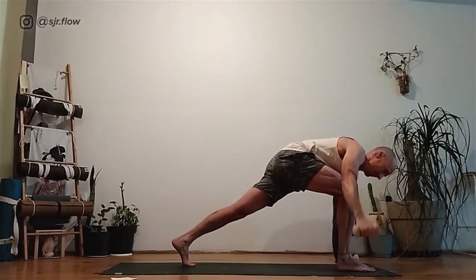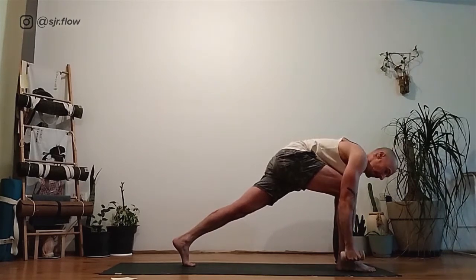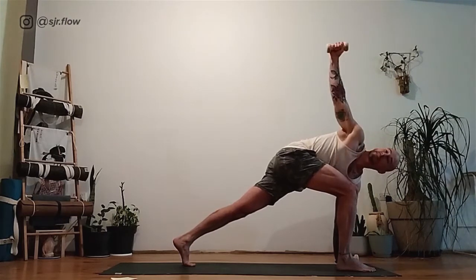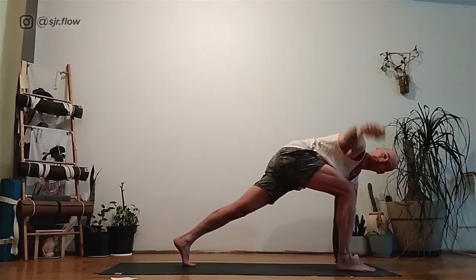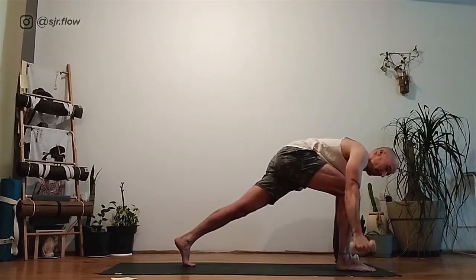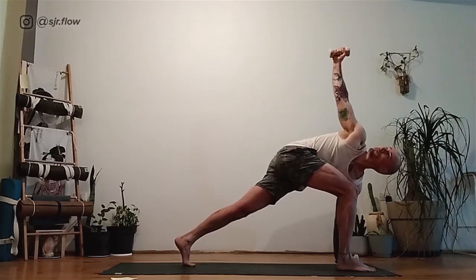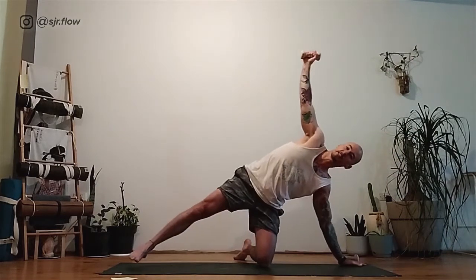For 9, 8, 7, and 6, 5, 4, 3, and 2, and 1. Hold the weight high, taking it around into your supported side plank, left knee to the mat, right